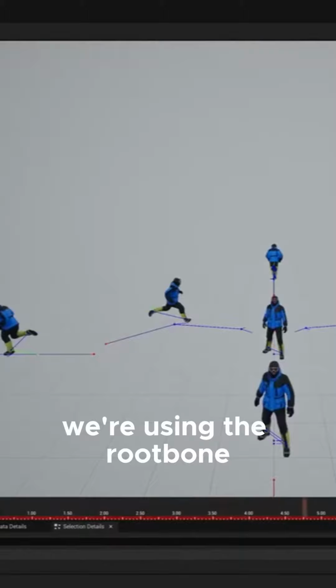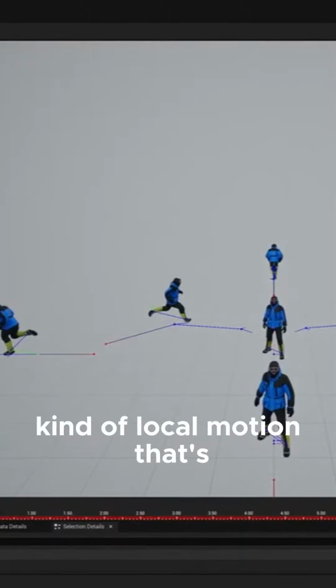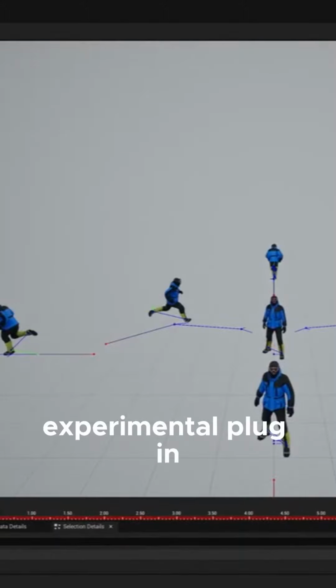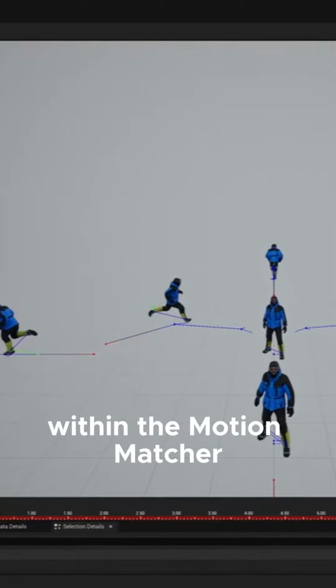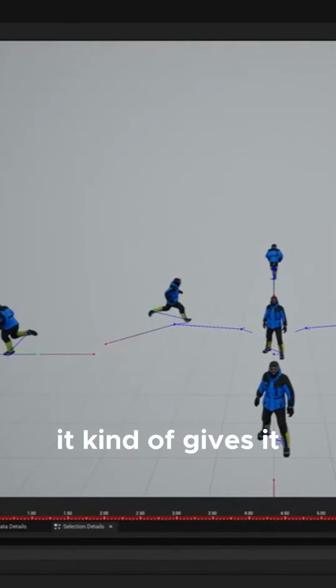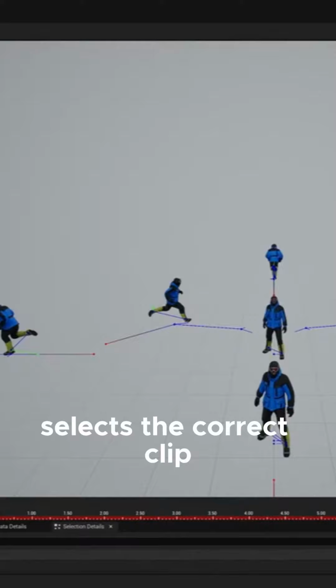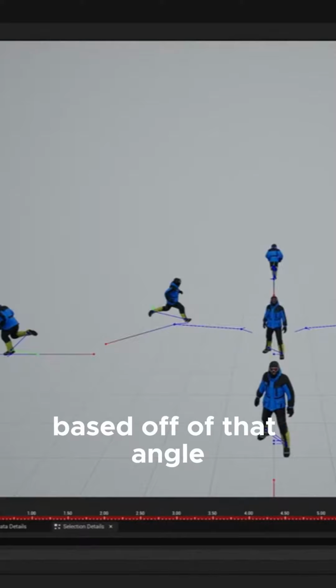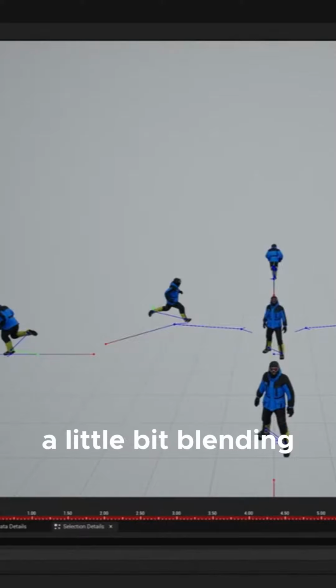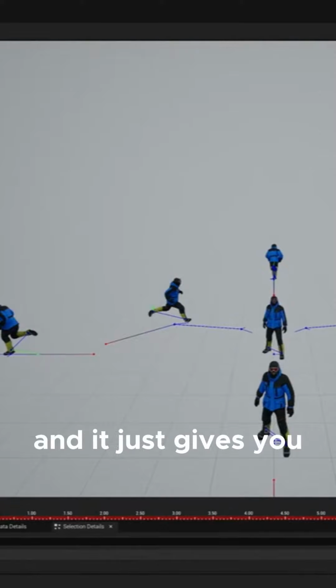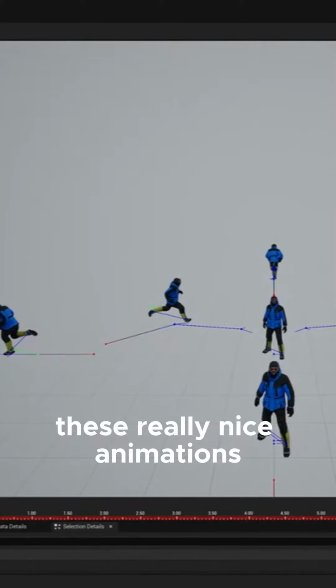We're using the root bone offset for the initial local motion, and that's a new experimental plugin. Off of that root bone offset, the motion matcher gets the angle, and then the motion matcher selects the correct clip based off of that angle, and then it does a little bit of blending and warping and magic, and it just gives you these really nice animations. Now, a lot of times,